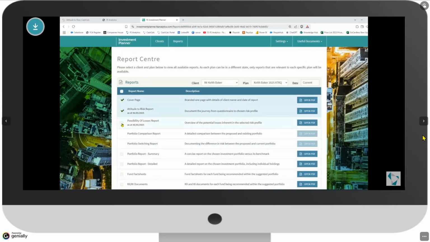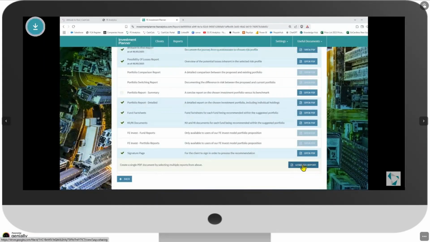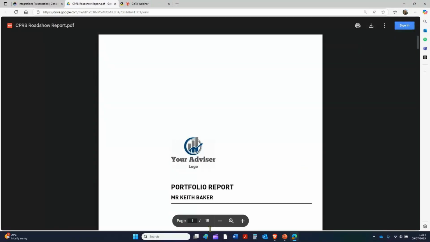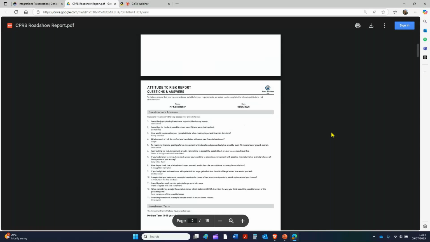But the final report looks a bit like this. I dictate as a user what pages I want to bring across into that report. And once I'm done, I can just simply hit generate report at the very bottom. And as if by magic, I get a nice little report pop up, which brings all of that data into one report before we send that across to the client. So I've got my